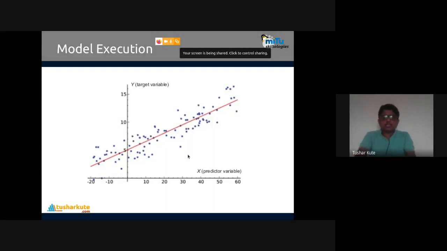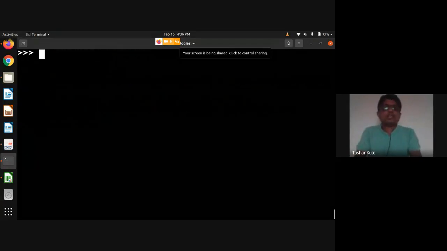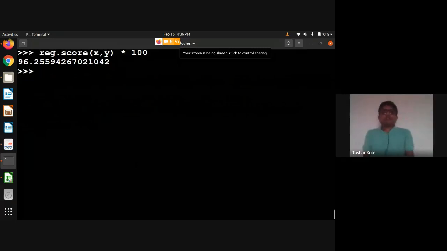We can see the result in that format. And evaluation is very important to know. The model is created, but how do we evaluate it? Many methods are there for statistical methods like linear regression. You can check the values of R square error and adjusted R square error. First, we have seen how accurate it is: 96.25% is the accuracy score of this data on the given model.